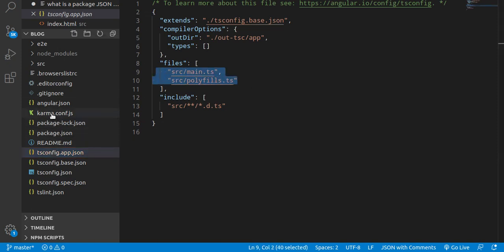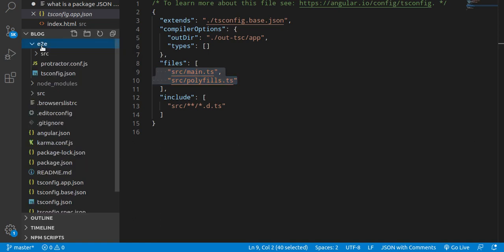After that I told you about karma and all, and after that E2E, which simply means the end-to-end folder, end-to-end testing actually, right? When you want to make your unit test cases and application end-to-end testing, then we use this folder. Otherwise at the basic level we don't need to use it, and it has its own config also, right? So this is all about the configuration files and folders.